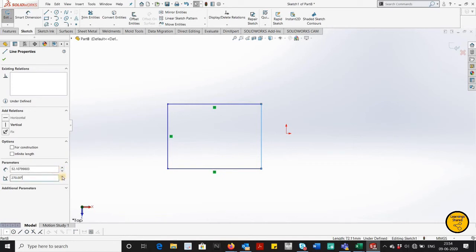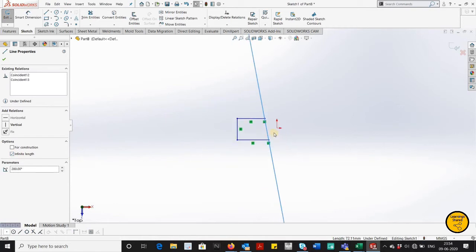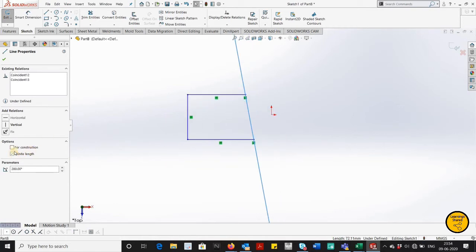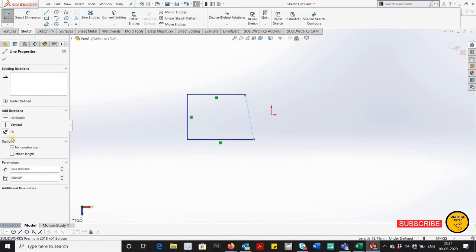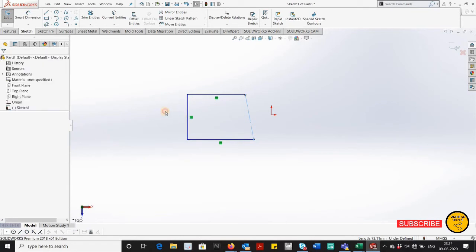Suppose you want to change the angle, you can change the angle too. Suppose you want to make that line infinite, you can do that too. I will uncheck it, and if you want to make that particular line a construction line, you can do that also. These are the options available